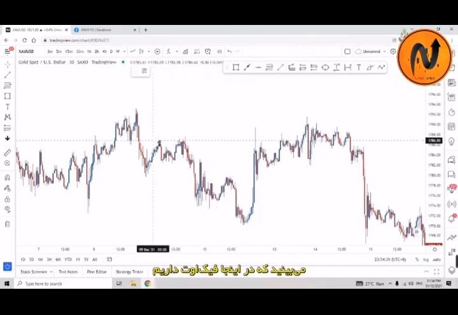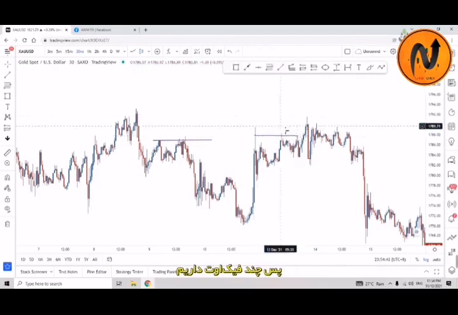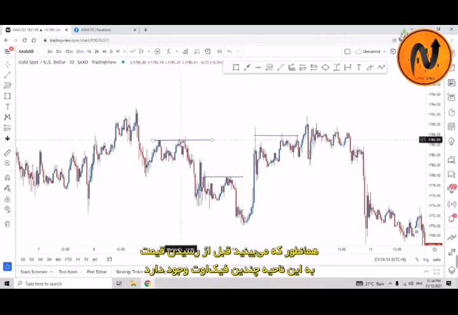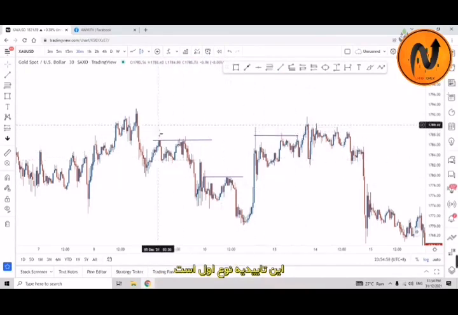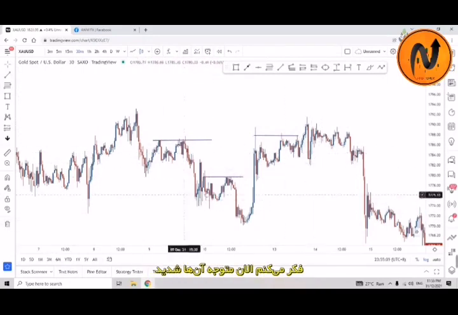So we have fake out over here. You can see that we have fake out over here, and then we have fake out over here. We have multiple types of fake out. And of course, there is also a small one over here, small fake out. So there are multiple levels of fake out. Can you see it? Before the price comes back to this area. So this is the type 1 of confirmation: fake out, QML, fake out. So let me get this out at this point, which I believe you guys understand.